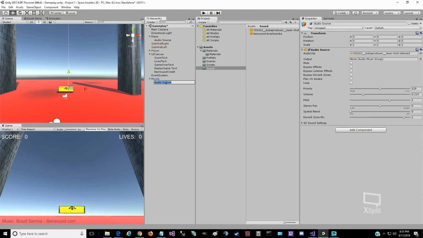Okay, so let's just call this missile audio source. And there's an audio clip. And so, okay, so now let's go